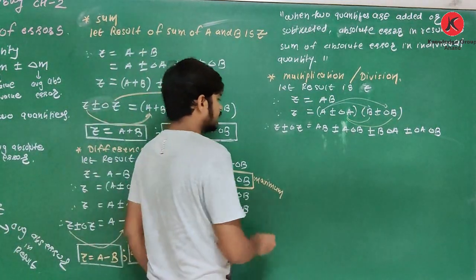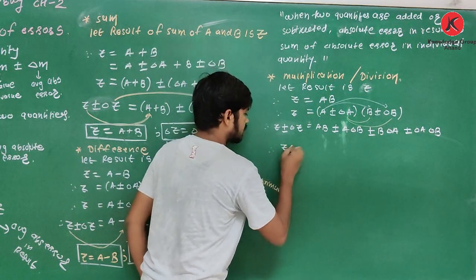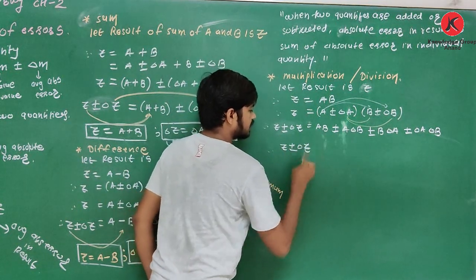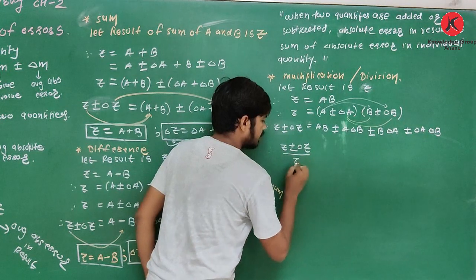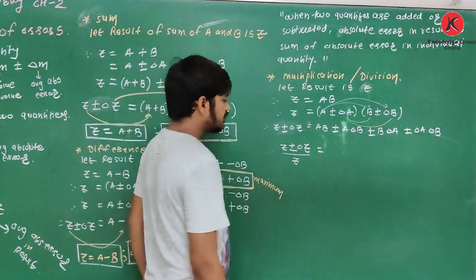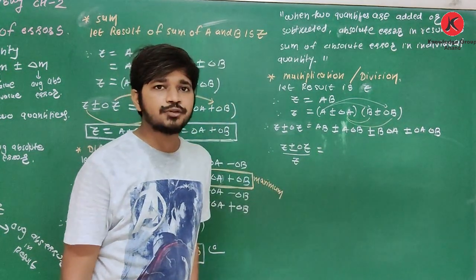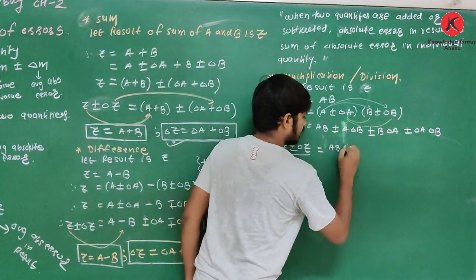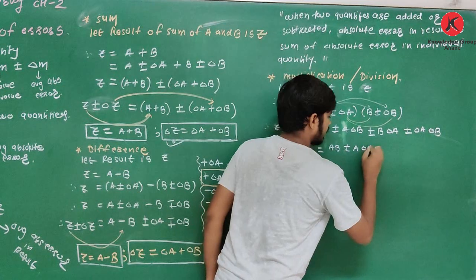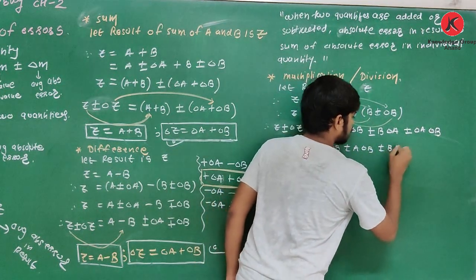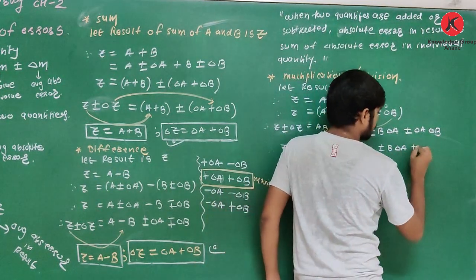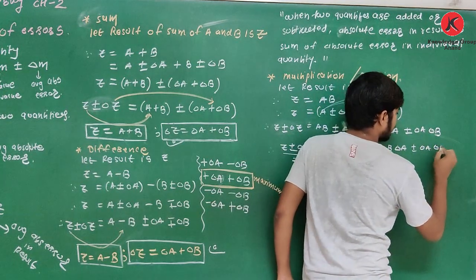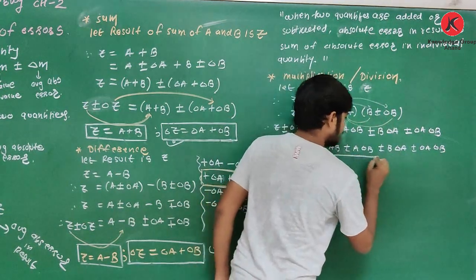Then what happens? See, here it is z plus or minus delta z divided by z. If you divide by z on the left hand side, then you have to divide by z on the right hand side. Then it is ab plus or minus a delta b plus or minus b delta a plus or minus delta a delta b divided by